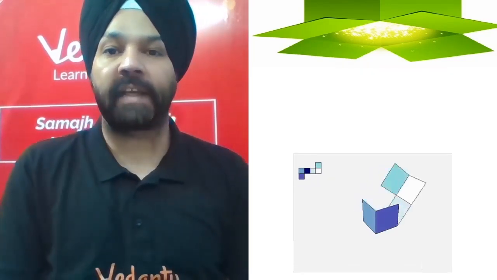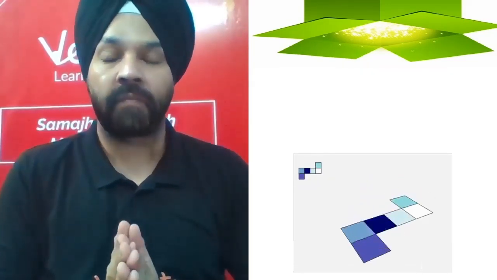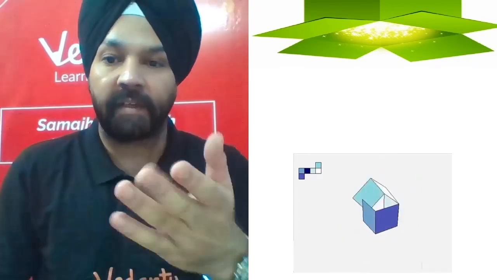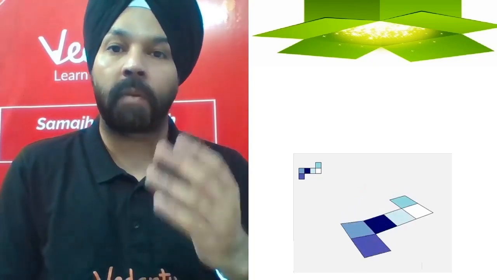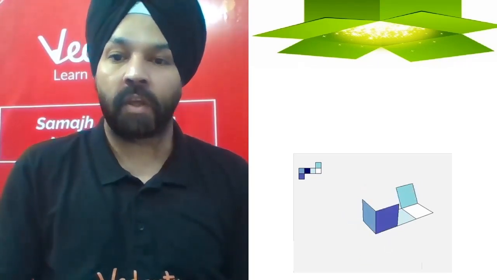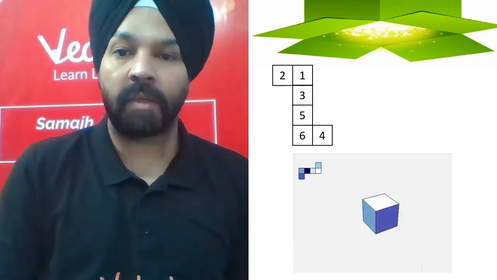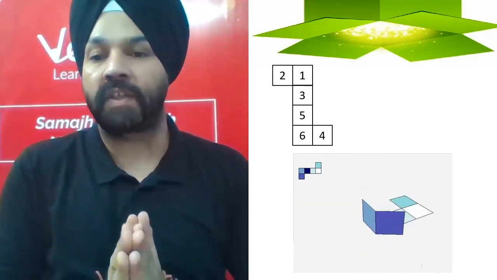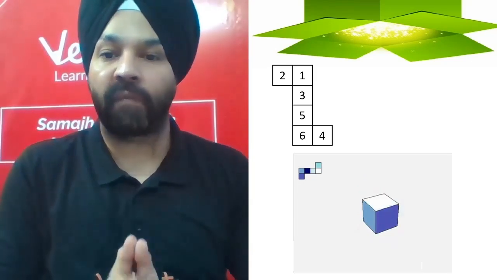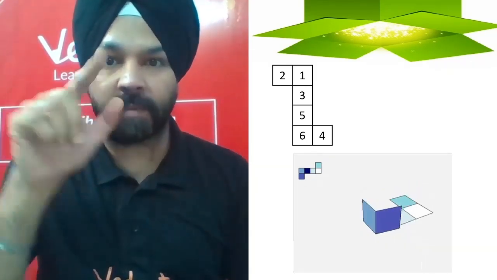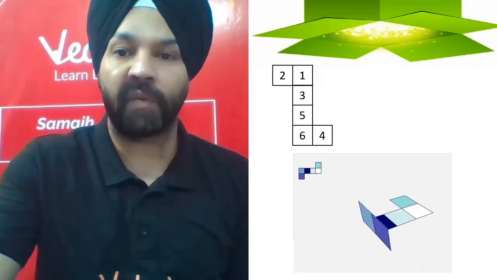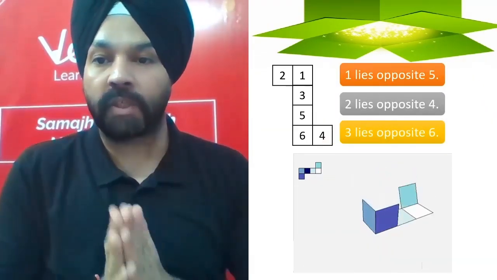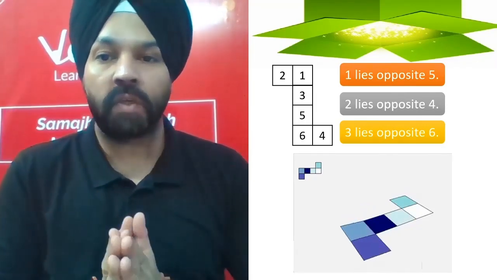So let's move on to the second variety, a Z-shaped diagram. Very interesting, a Z-shaped diagram properly wrapped can turn out to be a cube or a box or a dice. Now you can see if I place some numbers on this particular arrangement, that can ultimately result in a dice. So what can I infer from this? Now this Z-shaped diagram, what I can infer is 1 lies opposite to 5, 2 lies opposite to 4, and 3 lies opposite to 6.